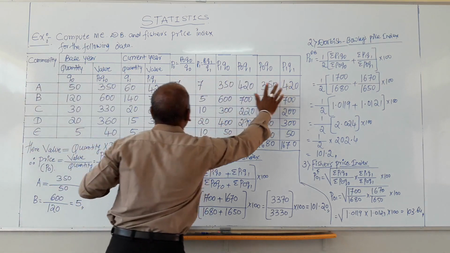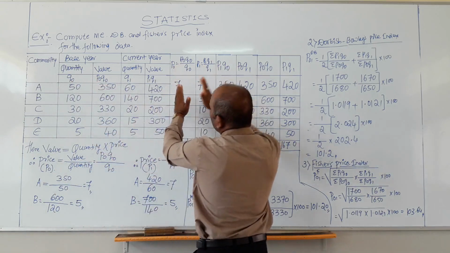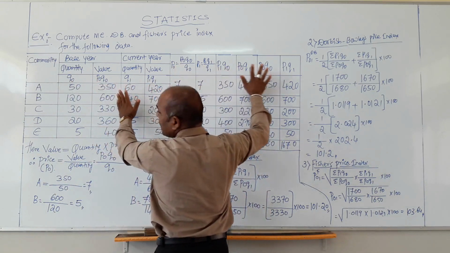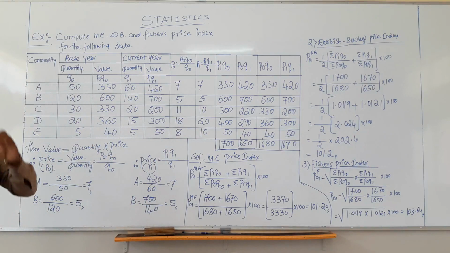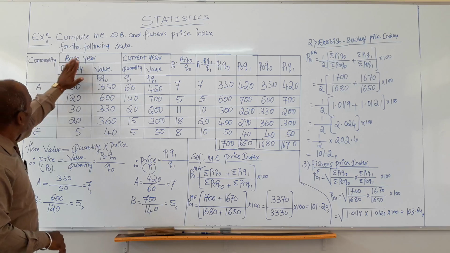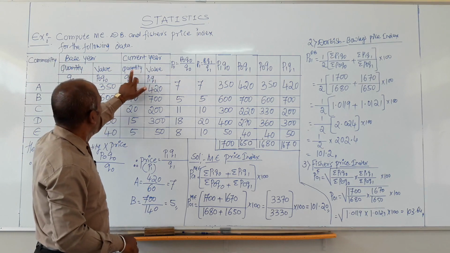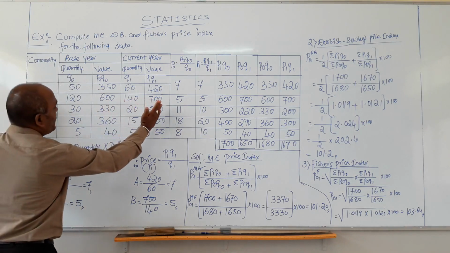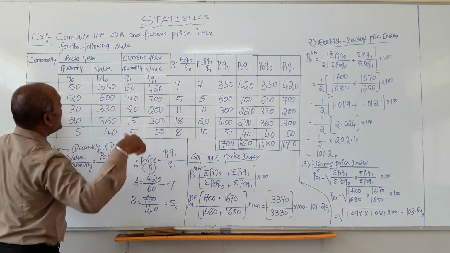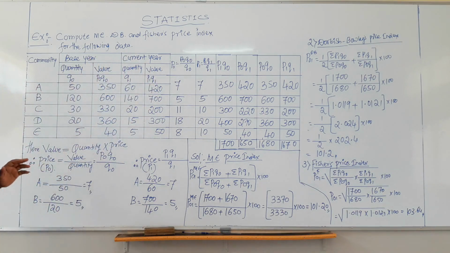This part I calculated. This is the answer for this question, on the right part. This is overall the calculation of this question. First, see the information: what information they have given and what we have to calculate. Commodity, base year quantity and value, current year quantity and value. They gave this much information, and they ask you to construct the price index.